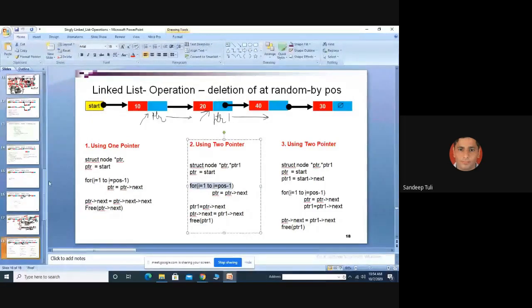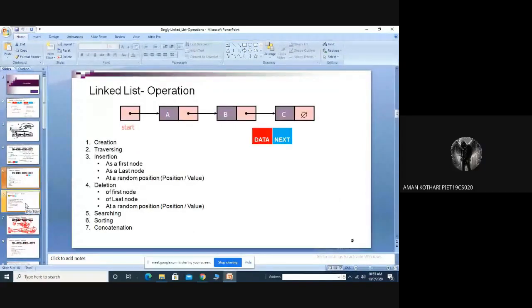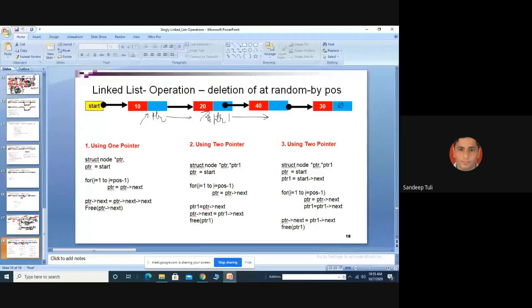Okay, so what is the drawback you can see in this singly linked list? Unidirectional. That I have already discussed. Suppose right now we have 1000 elements in our linked list. If I want to access the 900th element, then I need to start from the first node, and only by traversing the whole 899 nodes is it possible to reach the 900th node.